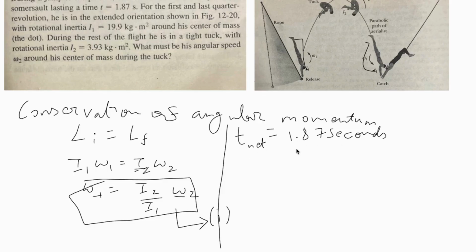So the net time is 1.87 seconds. During the first quarter and the second quarter, he is in an extended position, meaning theta 1 is the same, because in both cases he is in the extended position. So theta 1, in both the first and the last quarter, equals